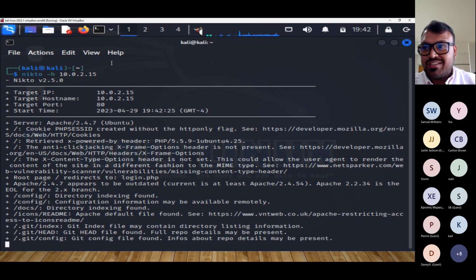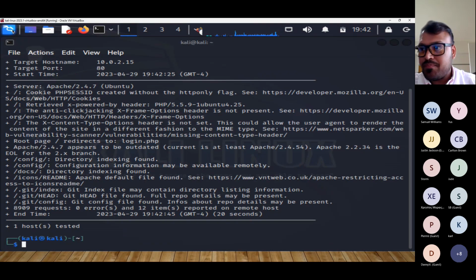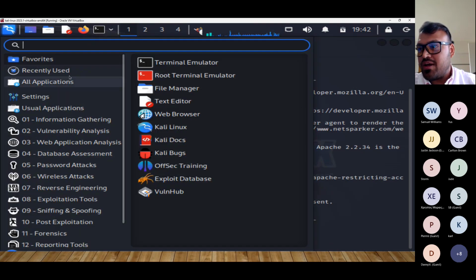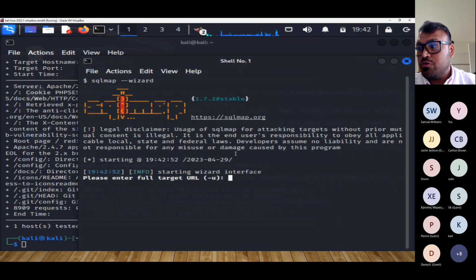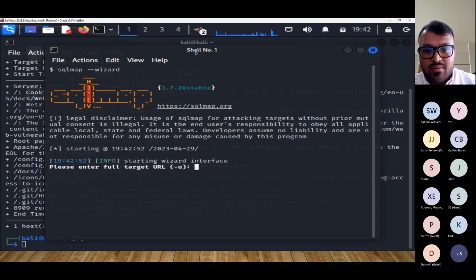The other thing that you can do is use things like SQLmap, right? So if you have SQLmap, you can use that to target DVWA,